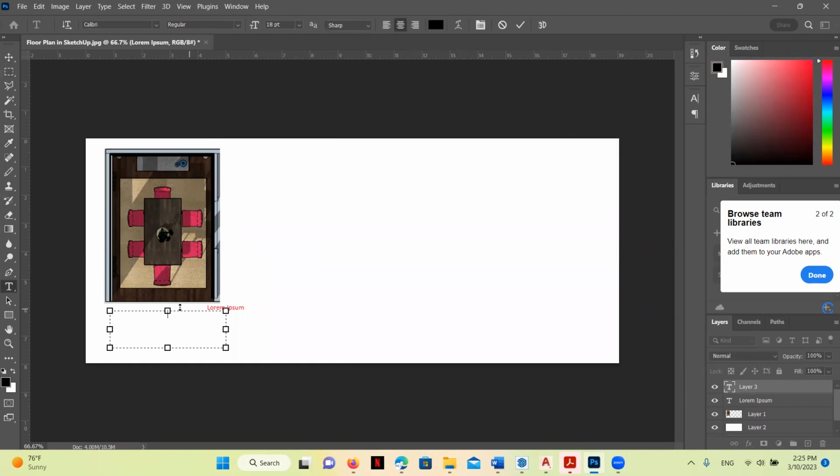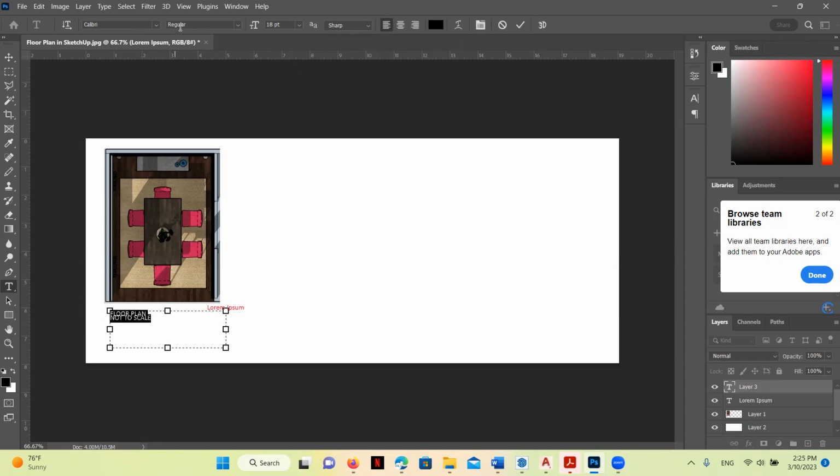So I hit OK. And now we're going to do left justified text, all capital letters. Okay. And then this actually is going to be not to scale. I'm going to teach you just a couple tricks here.